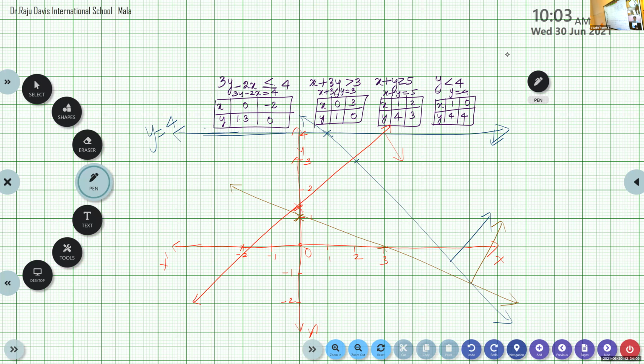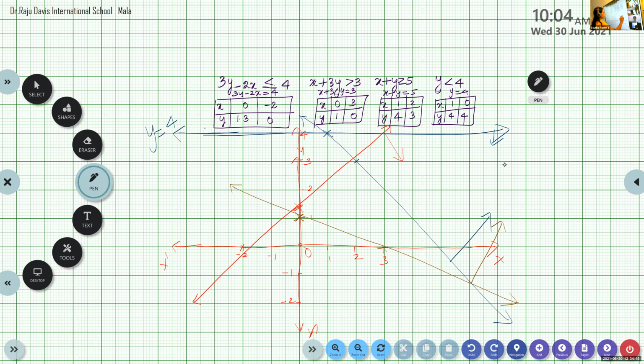So, which is the region you are getting here? Okay, are you getting this part? Look at here. This is the shaded part. You'll be getting an unbounded region. It is not at all bounded, isn't it? It is open. In the previous case we got a closed one. Here it is an unbounded region you will get. It is not closed, isn't it? No boundary at all. This is the region.